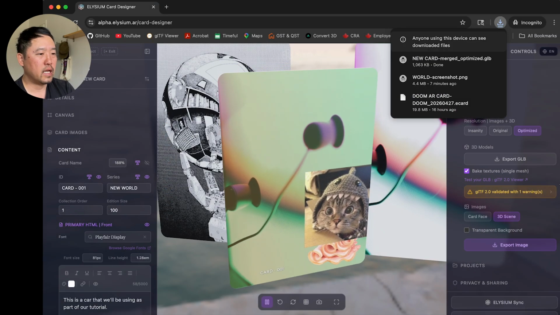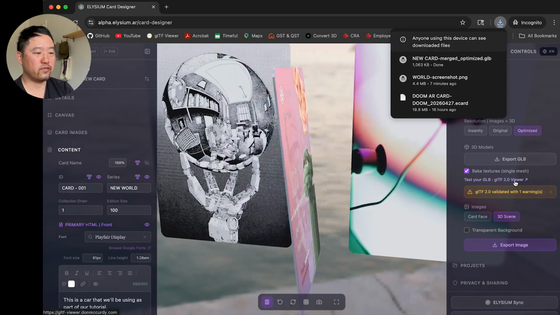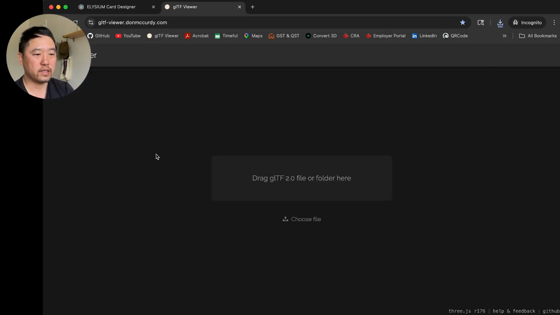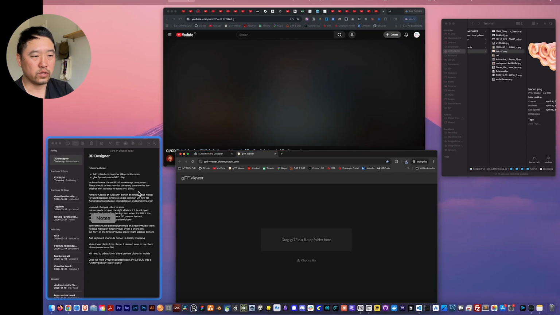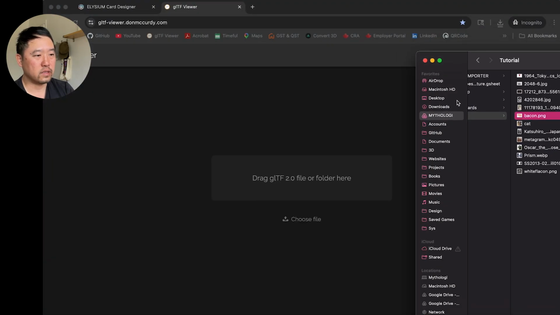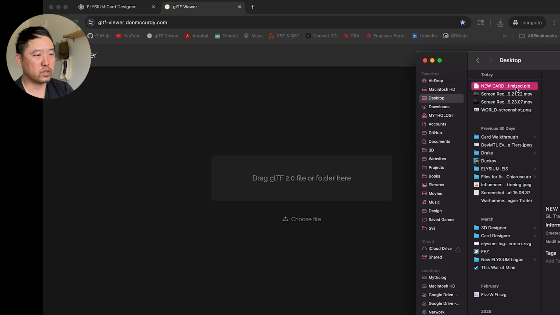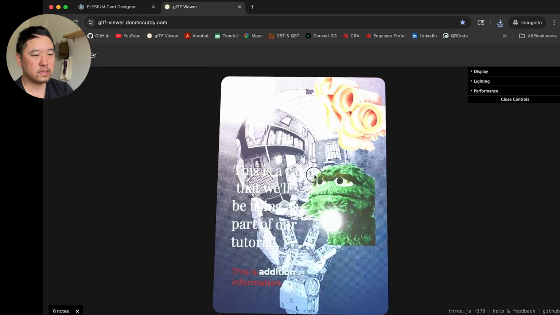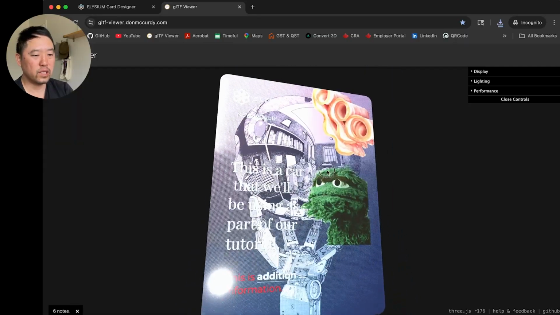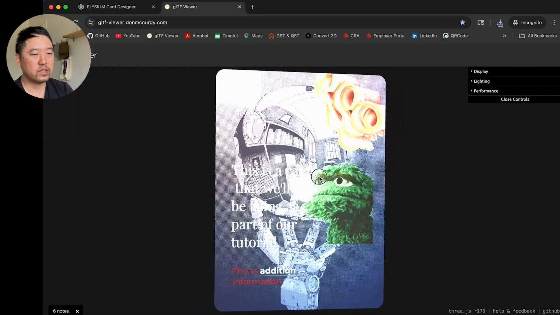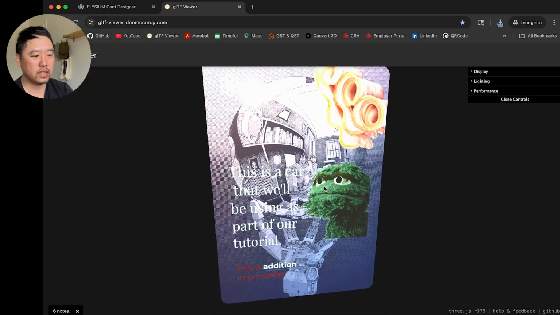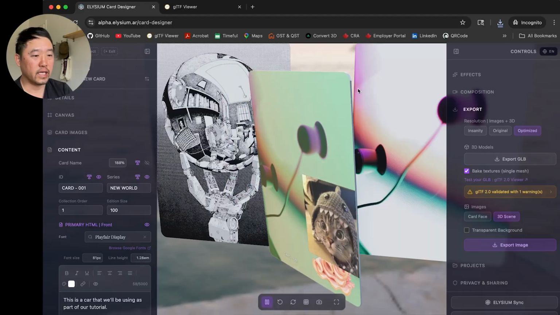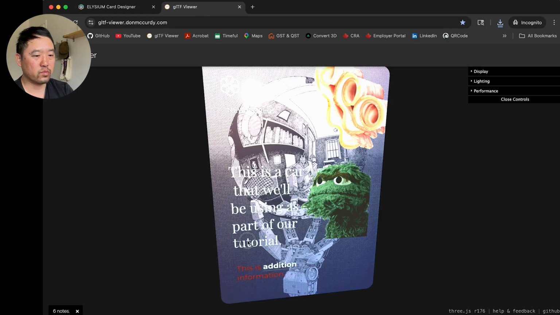All right. And what we can do now is verify and test the GLB by clicking on this link, which will open a new window. We can find the new card that we just created and drag that in here. And you'll see that this is basically the result. This is the object that we created. It looks a little bit different. Once again, it looks different because right now there is no background in the scene. But should it have a background, and lighting and all that affecting it, this will be the way it looks.